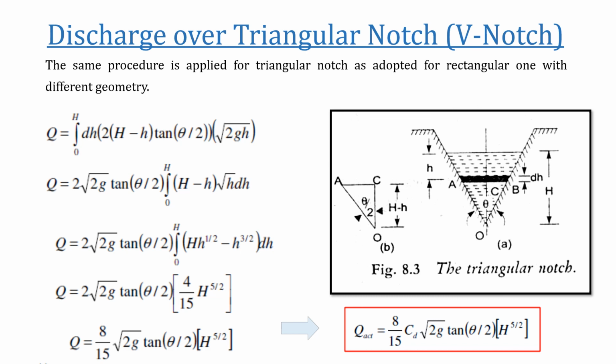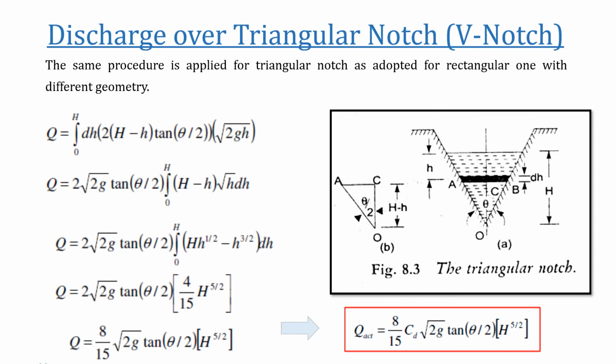But as you can see, because of its shape, as the height changes, the length of the strip will change. So we have to come up with a relationship with this angle theta. So let's divide this complete triangle into two. So ACO is half triangle. It is drawn over here, you can see. So its angle is theta by 2, and the height is capital H minus small h. So AC is actually the half length of the strip. For complete length, we will multiply it by 2.